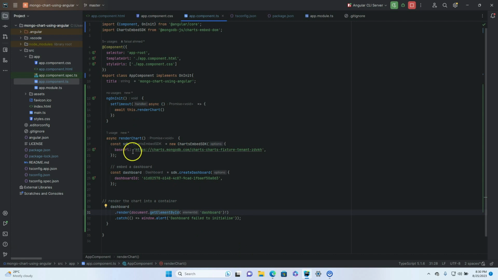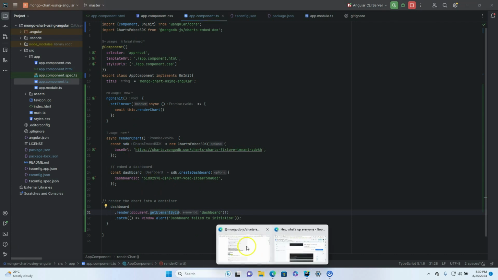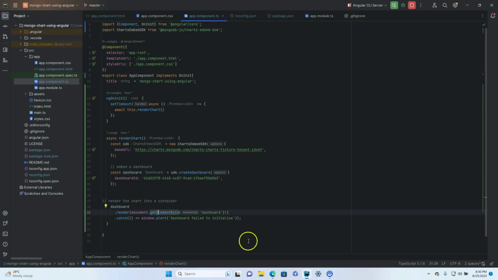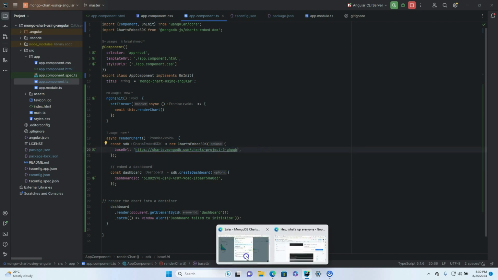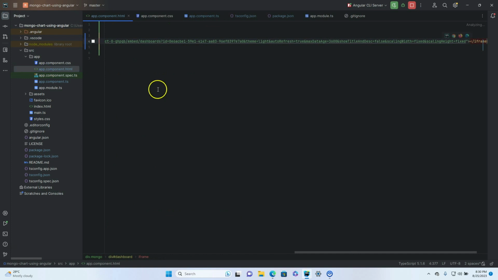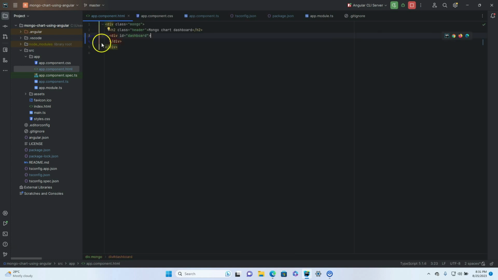Now I need to change the base URL and the dashboard ID to mine. This is the base URL, followed by my dashboard ID. So in the app HTML, I'm going to delete the iframe code